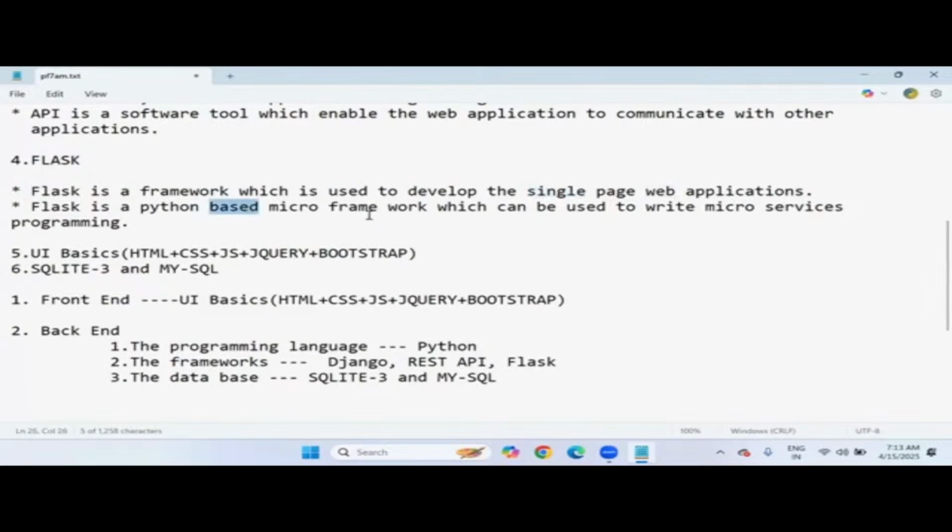Flask is a Python-based micro framework which can be used to write microservices programming in general. So it's a small framework, and we can develop small scale applications. For medium scale and large scale application development, we have the Django framework. And so far, whatever I explained, the Python language and the three frameworks Django, REST API and Flask, these all come under